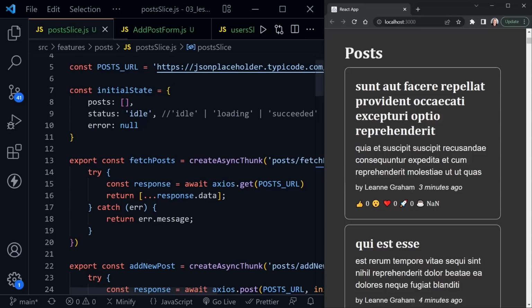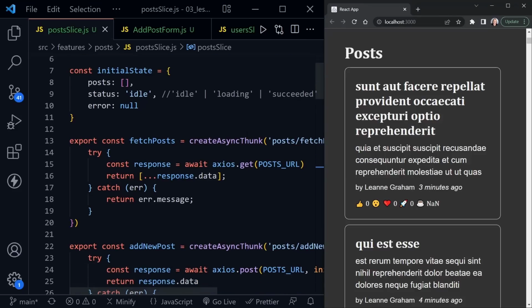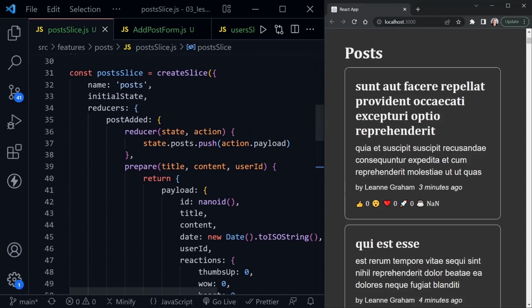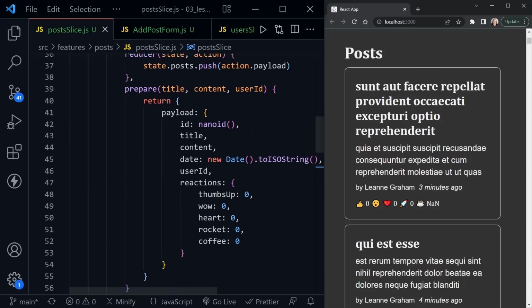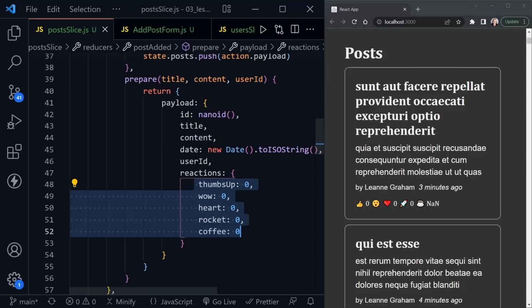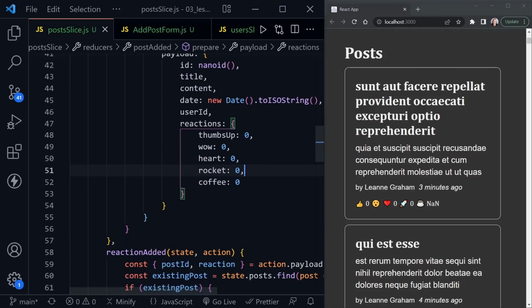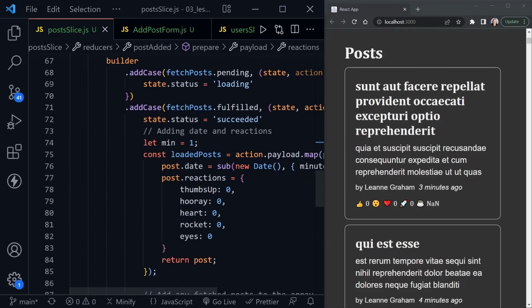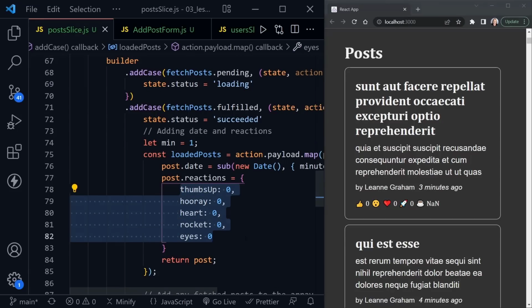What we want to do is just go into the post slice, and I just put in the wrong names when I put in the new reducer. So here are the correct names. We have thumbs up, wow, heart, rocket, and coffee. Let me just copy those with the zeros here. And in the extra reducers now for our async thunk, we want to replace these where there's the hooray and the eyes and just some different ones that we didn't have. So if I highlight those,